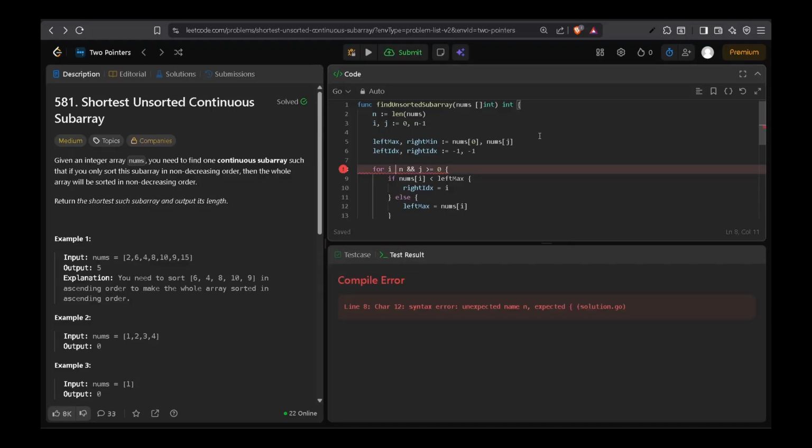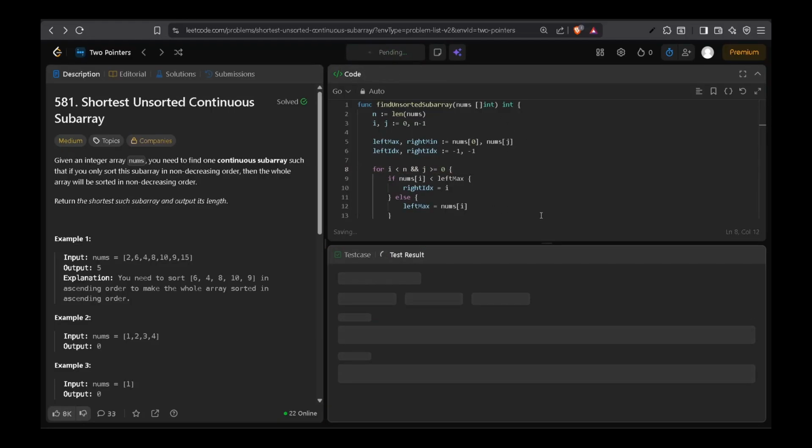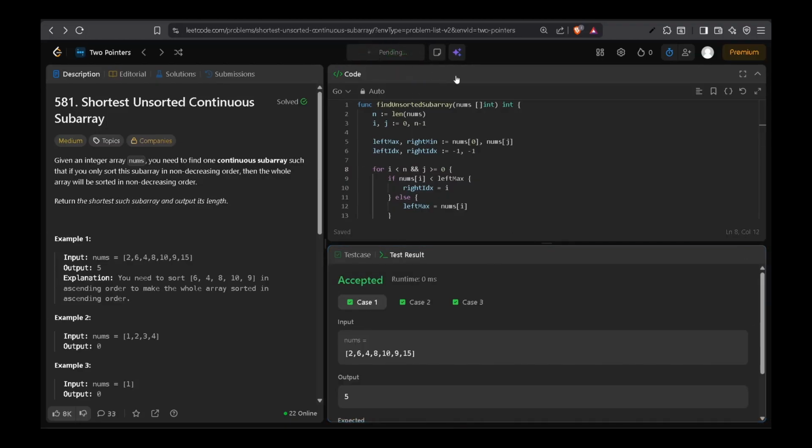Okay, let's try to run this code, see if there are any errors. Okay, so I forgot this i less than n. Let's try again, and the code is working. Let's try to submit,